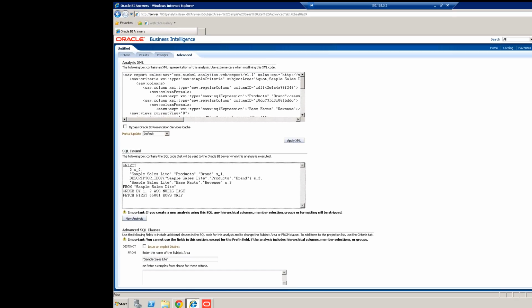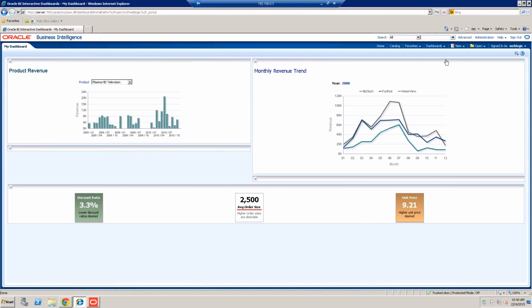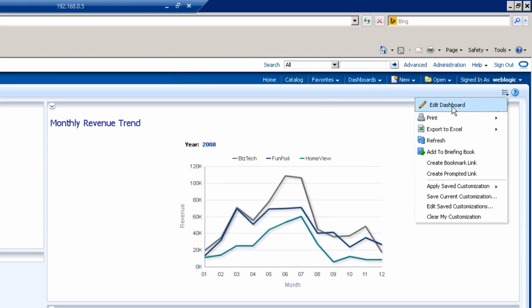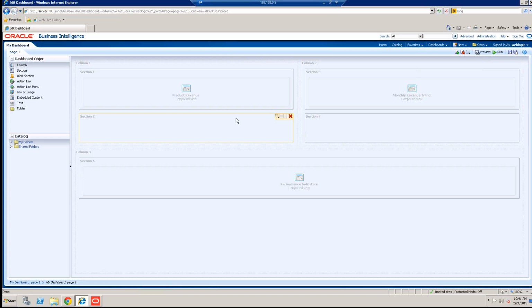Next, I would like to give you just a quick overview of dashboards. Dashboards, as I've mentioned previously, are just a collection of pre-created analyses. In this example, I've created a few different graphs and KPI measures on my dashboard. You can see here that if I click on this button and then edit dashboard, we will go to the